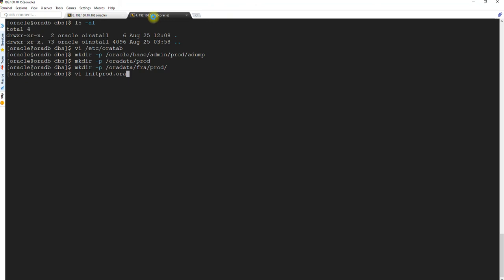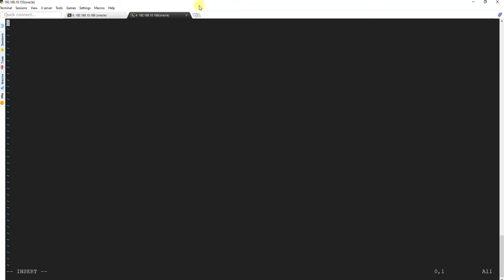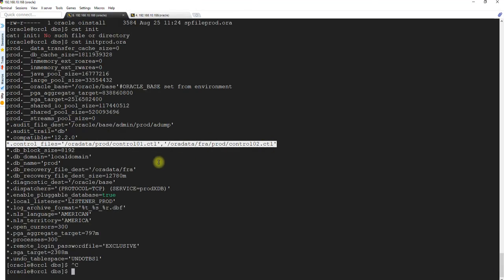We'll say this and we will start inserting the values. db_name equals prod. This name will currently be the same, but eventually we are going to change it, and then we will be using the specific parameter. So we'll use this. While restoring, it will restore to the same location.